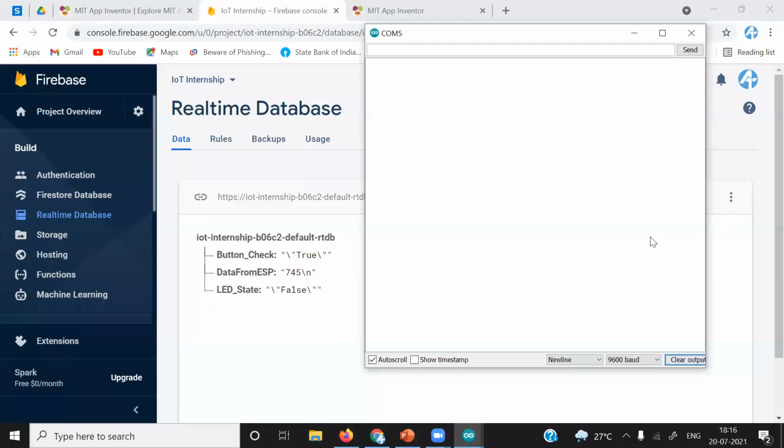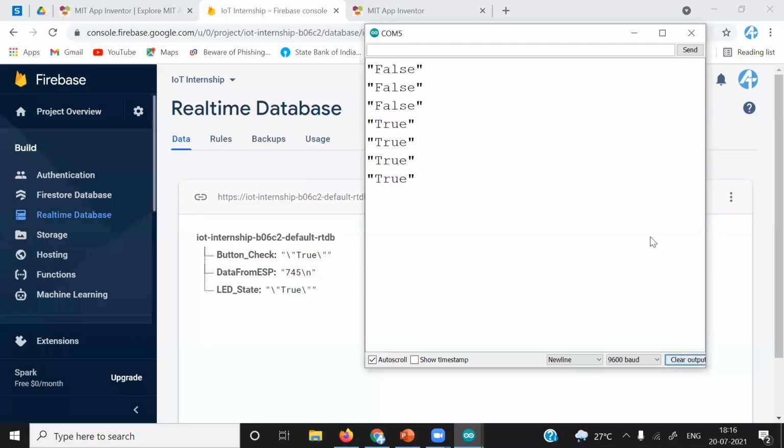Okay, you can see that we are receiving false every 3 seconds because we have put the delay of 3 seconds. Now what I will do, I will just click again on LED on. You can see that now the data we are receiving is true. Whenever we are clicking on and off, we are getting proper data on the real-time database, and we are also receiving the proper data on ESP8266.